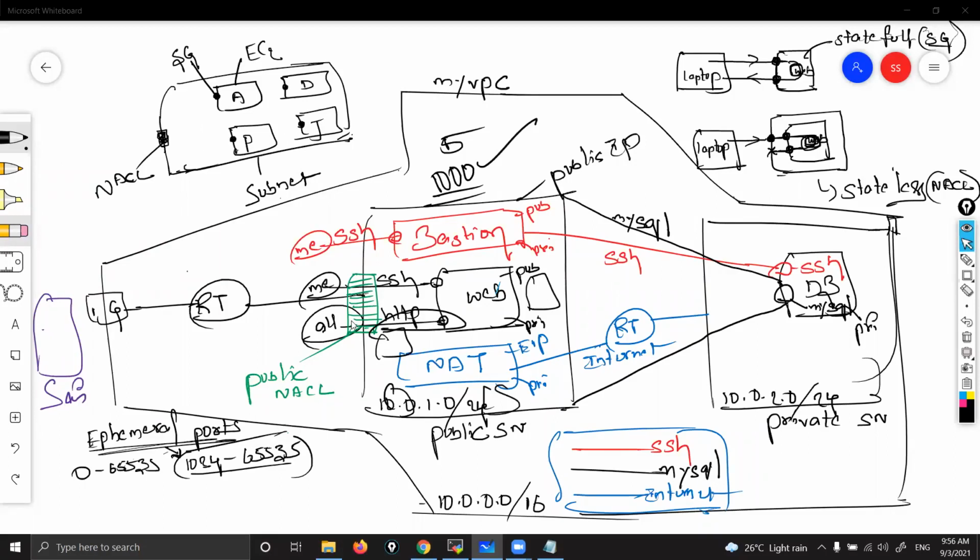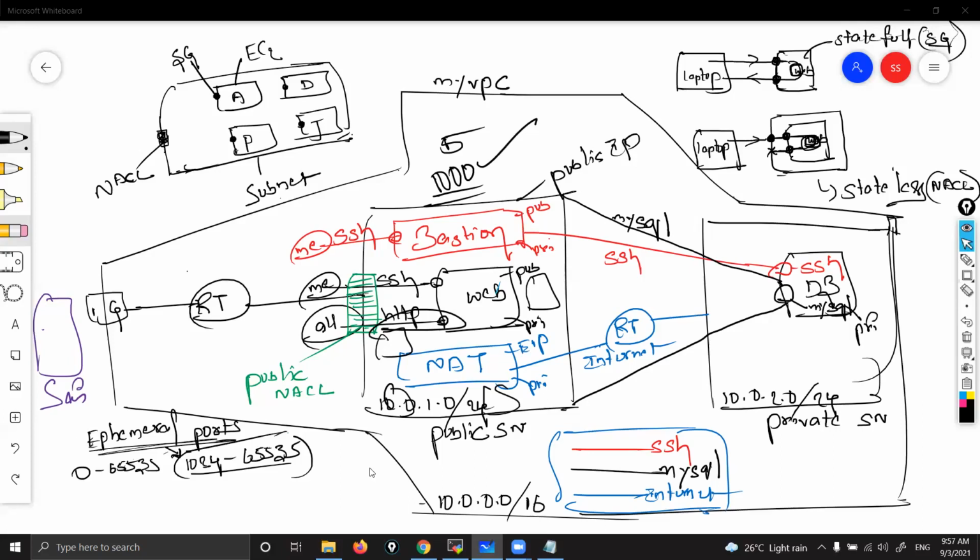So hackers focus on NACL. That's a critical point. That's what we call a bottleneck: the place where you hit, and the entire thing collapses. That position is the critical point. So the hackers try to focus on NACL, not at instance level. So the problem is with respect to NACL ports. If any hacker, through the backend, blocks any port at NACL level, either SSH or HTTP, then that's a big issue. To address this particular issue,